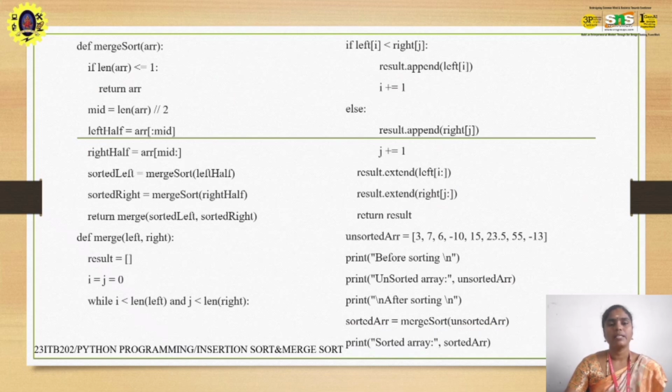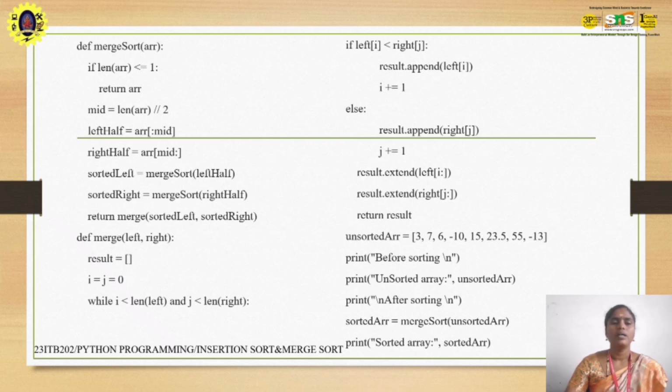So here is the Python code for merge sort. We take the input as 3, 7, 6, minus 10, 15, 23, 5, 55 and minus 13 as a list of values, and we store the values in the unsorted array variable. Then using the user-defined function merge sort, if the length of the array is less than or equal to 1, it returns the array. If the length of the array is greater than 1, first it divides the array into two halves,